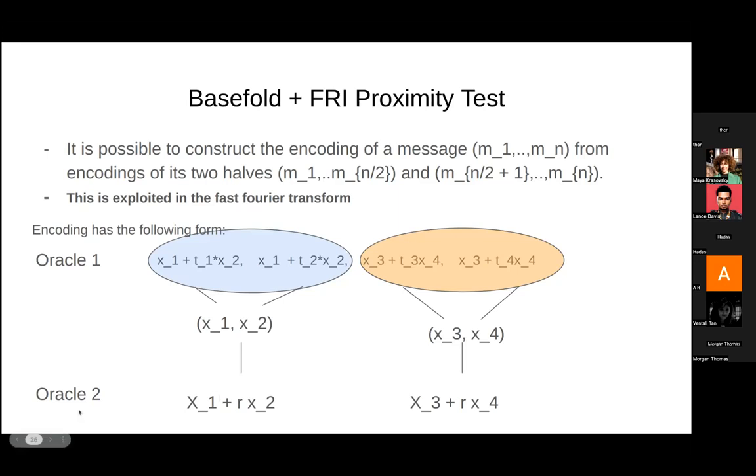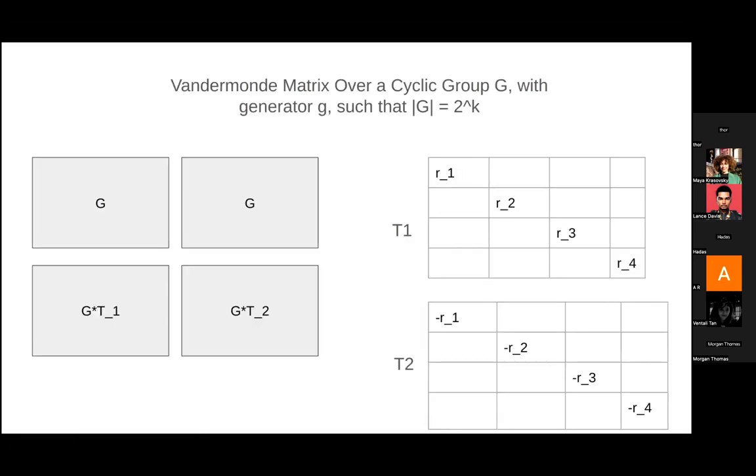You continuously do that until you get to a code with constant size. And so the difference between Basefold proximity and FRI proximity is simply in the choices of the diagonal matrices T1 and T2. So now instead of using the generator,